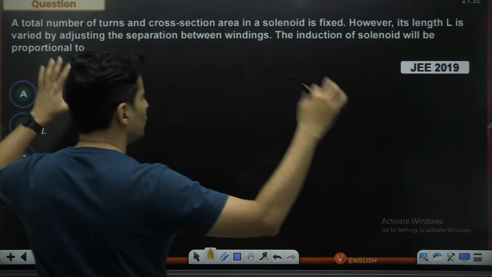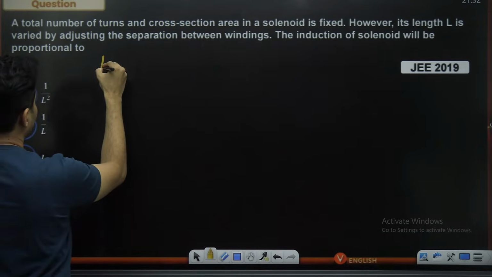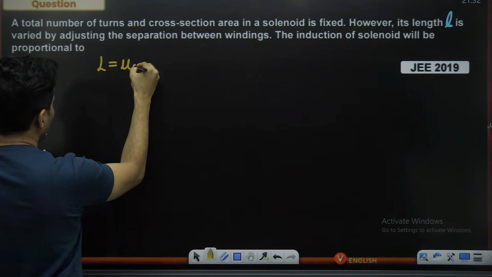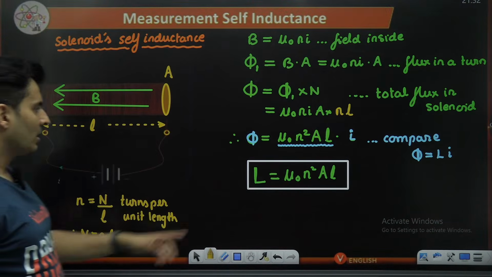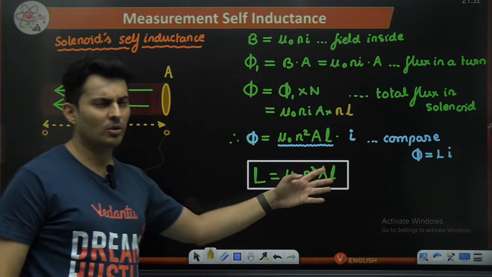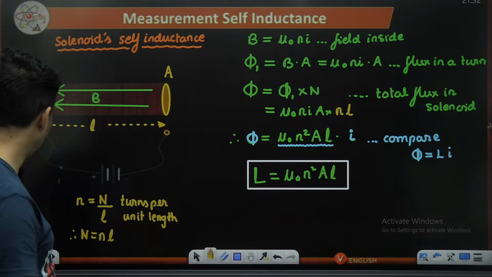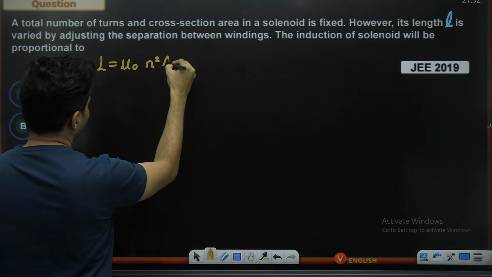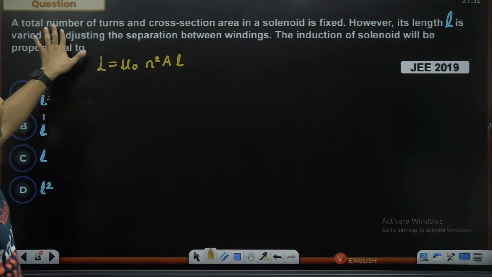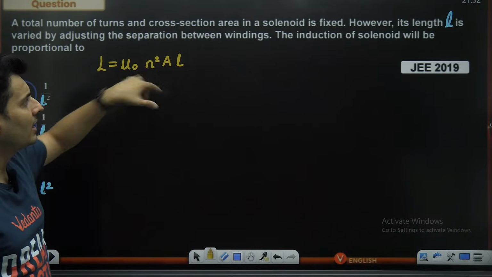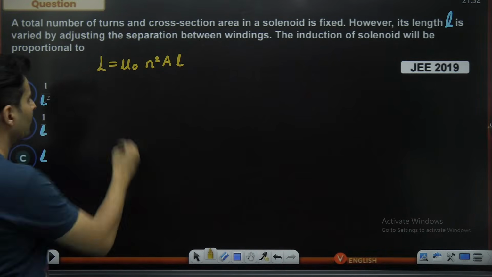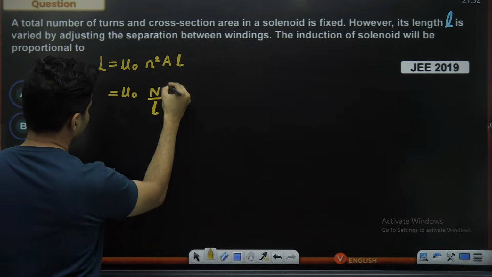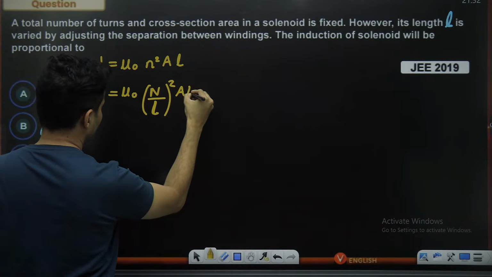Great. So let's start, guys. What is our inductance? Oops, sorry, not this. Write this line. Yeah, inductance formula, mu naught, as you can see over here. It depends on the shape, size, number of turns, geometry, material, means permeability and all of that. So mu naught, just use that, n square, A and L. But number of turns is constant and area is constant. So I need to get rid of small n. Small n is nothing but number of turns per unit length. This is A and this is L.